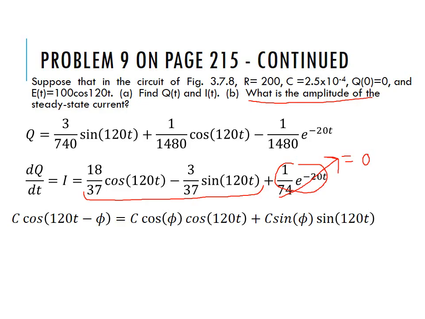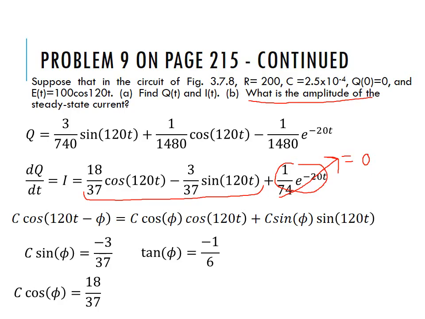I don't have that. I have to apply this trig identity again. And if I do that, I find out that C sine phi is equal to negative 3/37. And I find out that C cosine phi is equal to 18/37. And I divide those two, and I get that the tangent of phi has to equal negative 1/6. And if I solve for phi, I find out it has to be a negative 0.0515 radians. Let's make sure everybody knows this is in radians,